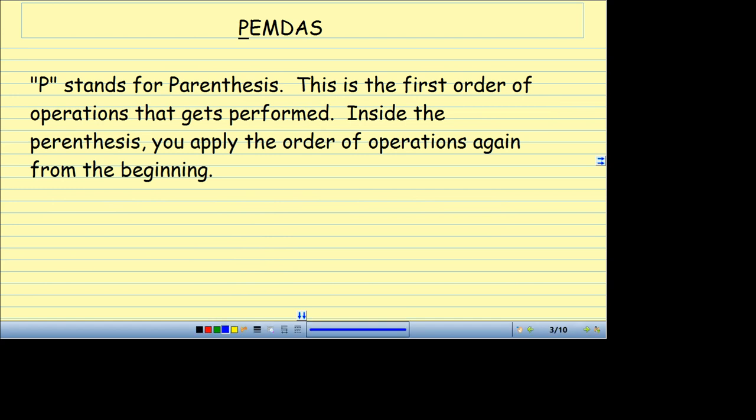So starting with the P. P stands for parentheses. It's the first order of operations that gets performed. Inside the parentheses, you apply the order of operations again from the beginning, because sometimes they have something really complicated